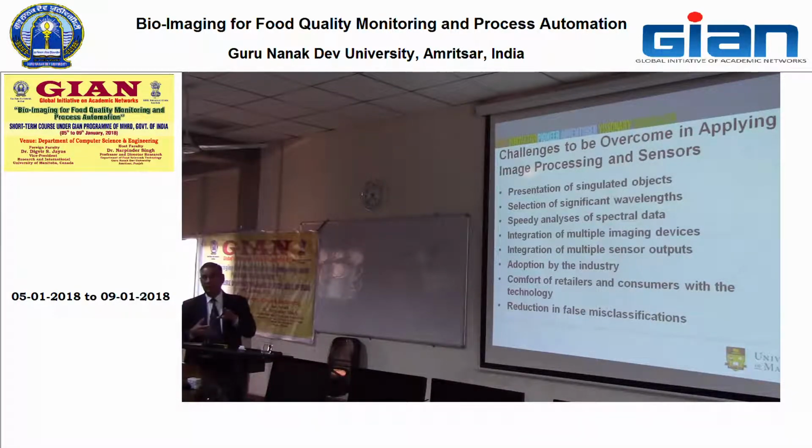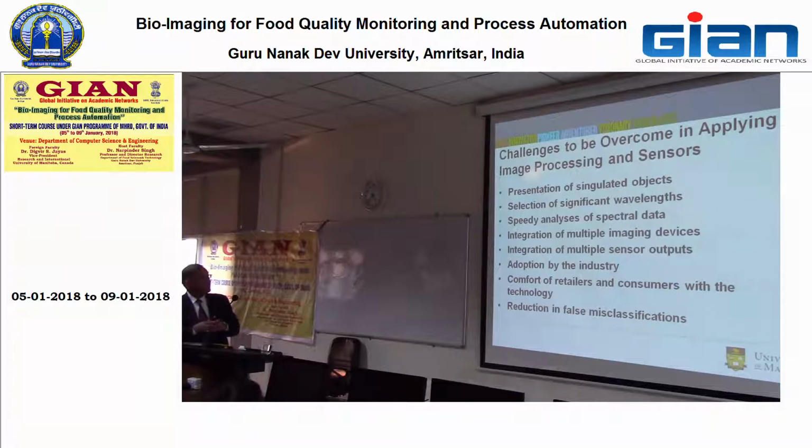Selection of the significant wavelengths. So when you are collecting the information in a large wavelength range, you might identify that there is 1 or 2 wavelengths where there is a much more separation in the features. And then by simply having those filters, you can collect the images very quickly, because the more wavelength range you have, you are collecting a lot more data, and then analysis becomes a lot more complex. But if there are only 1 or 2 wavelengths of significance, you collect images only on those 2 wavelengths, and it's much easier to analyze the data. A speedy analysis of the spectral data is still a challenge, and we will talk about that when we talk about hyperspectral imaging